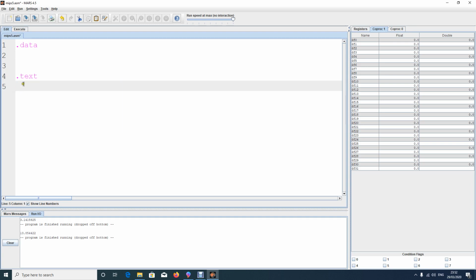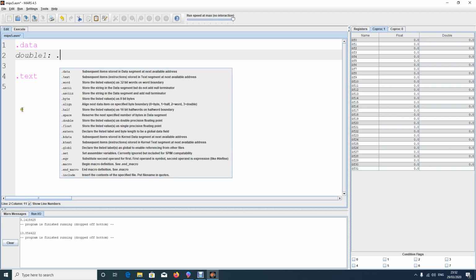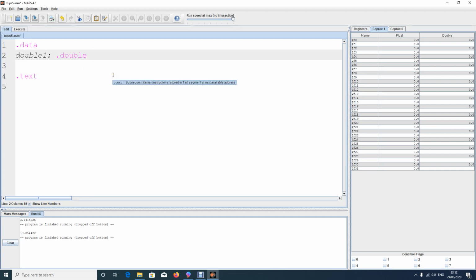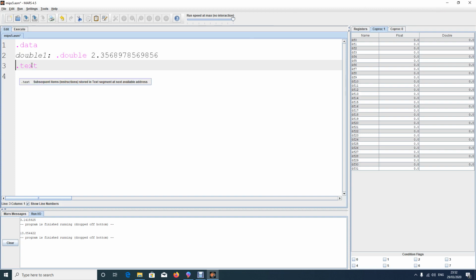So what we do instead is take a variable, let's say double1. We just take any name and then define the data type to be double. You can click on it or type it, and let's say you give a value like 2.156. You can give a value with more precision. So once you've defined a variable by any name you feel like,